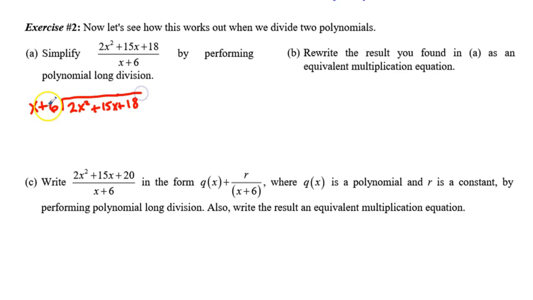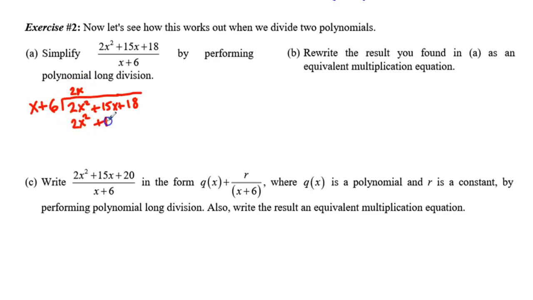We're going to do a similar approach. We divide x into 2x squared. Notice I didn't even think about the 6. The 6 is going to be there for the multiplication part. I'm looking at how many times x goes into 2x squared, and I write that on top. That's going to be 2x. Now I'm going to multiply, like before, 2x times x plus 6. I'm going to distribute it. So 2x squared